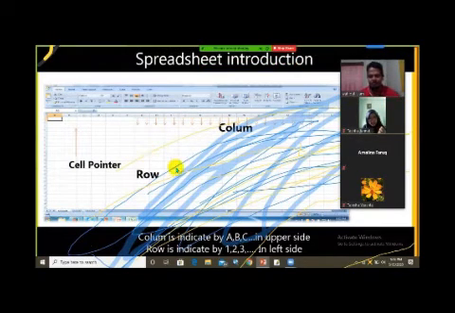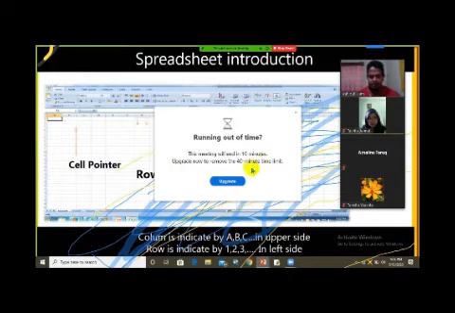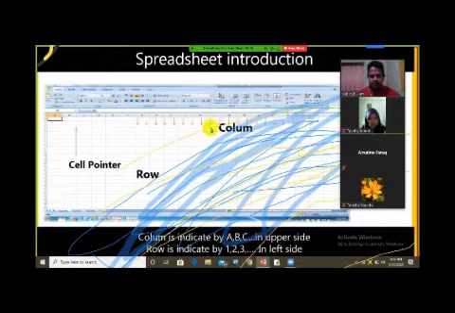Have you seen? So these are about rows and columns, and shortly I try to show you the way how you will open MS Excel and the identity of the MS Excel window, right?